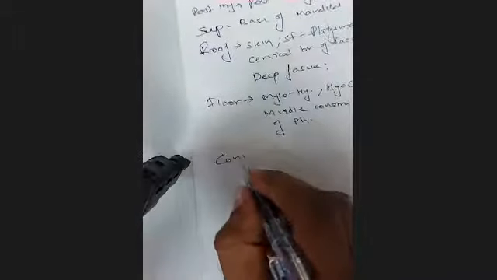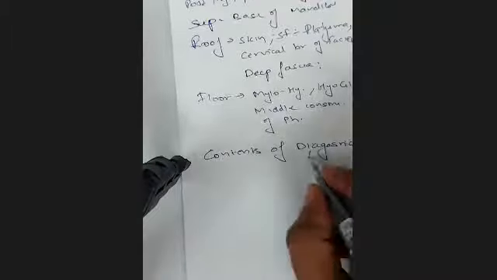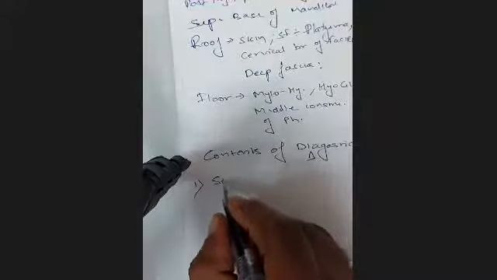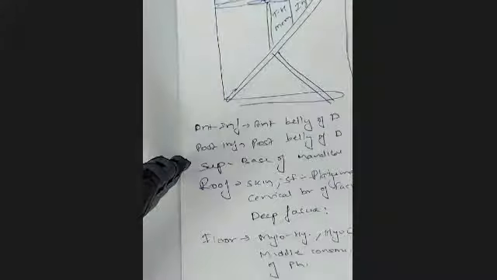Now, when we talk about the contents of digastric triangle, they are divided into three parts. Structures superficial to mylohyoid, structures deep to mylohyoid, and so on. Now, for studying the structures superficial to mylohyoid,